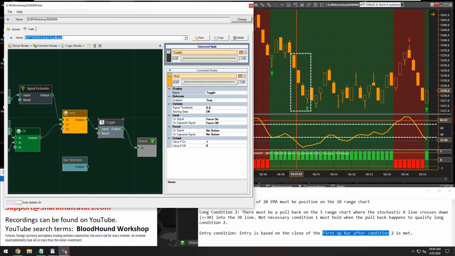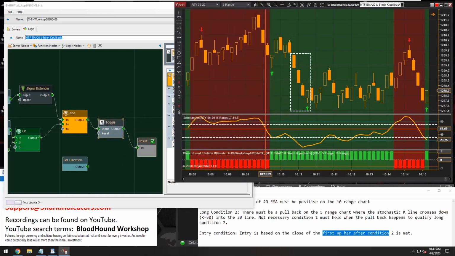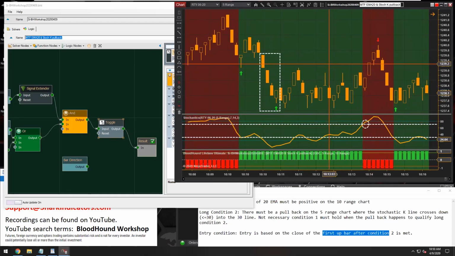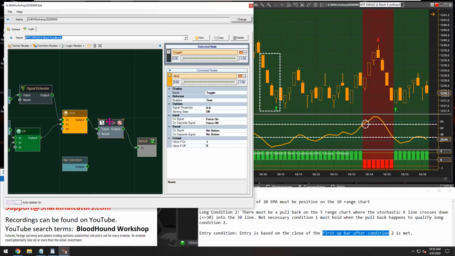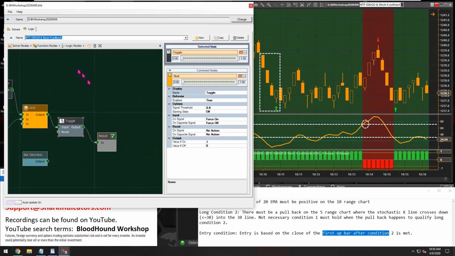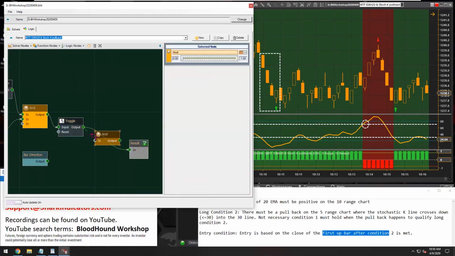So if we look at the toggle node, basically what it's going to do is whenever the stochastic crosses that 30 value, it's turning the toggle node on, it's turning the long output on until our stochastic crosses the 70 value. And then the short output turns the short output off and then turns the long output on for the toggle node. So then if we grab another AND node, I can stick the toggle node in there